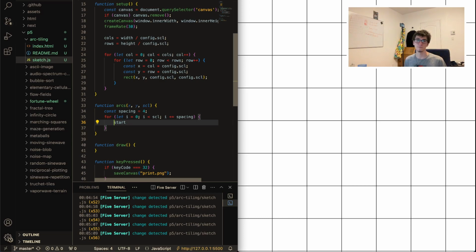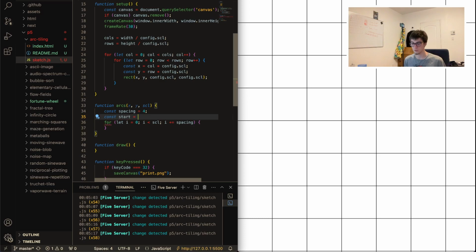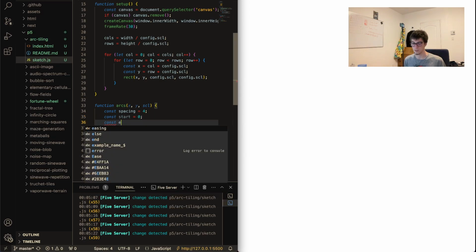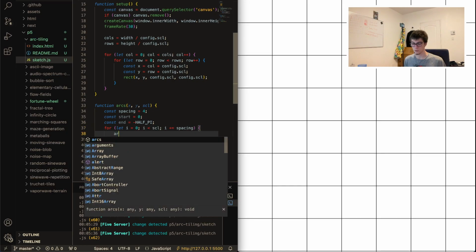So start angle we can put it here, right? So we'll have const start, which should be equal to, let's say, 0, and const end should be equal to minus half pi, right? So now we can draw arc